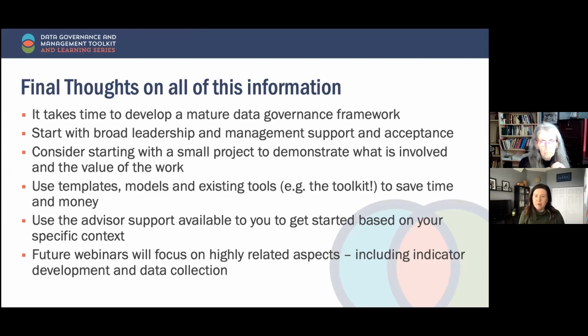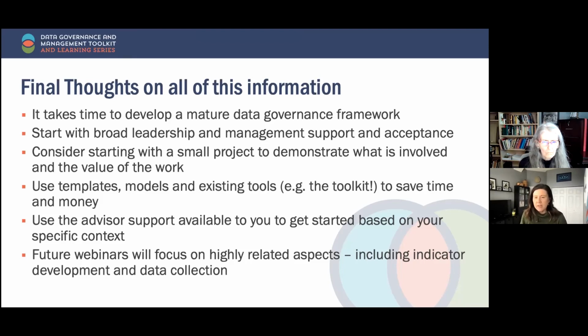It's very important because people's eyes glaze over when you start talking about some of this stuff, so it's important to have broad leadership and management support of the work. Again, it may be helpful to have a slide deck similar to this, much simpler and shorter to digest, for you to start socializing within your context. That would be easy to pull together.